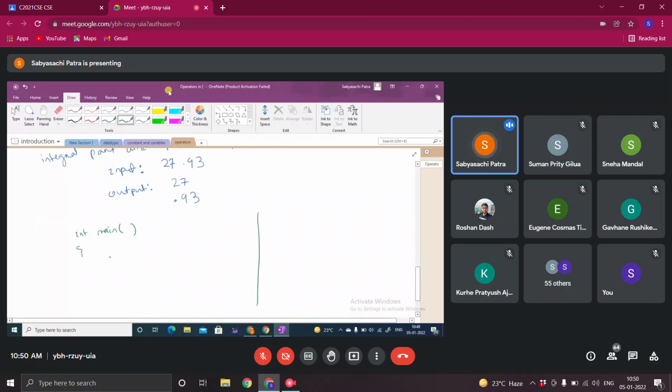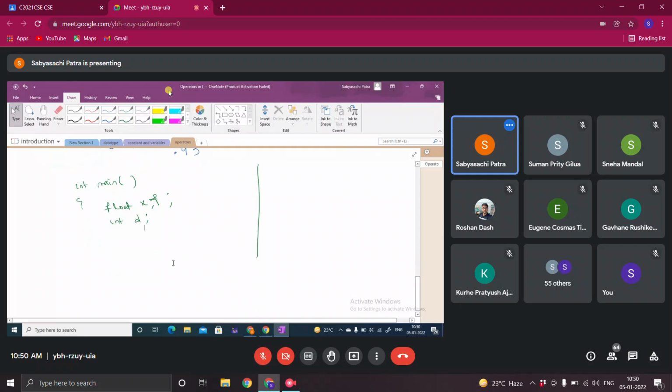Okay. So somebody is telling me whatever he told, let me write it down. He's telling me first you need to declare some variables to take some integer, right? x is a real number, f is the fractional part, and integer d is the integral part.